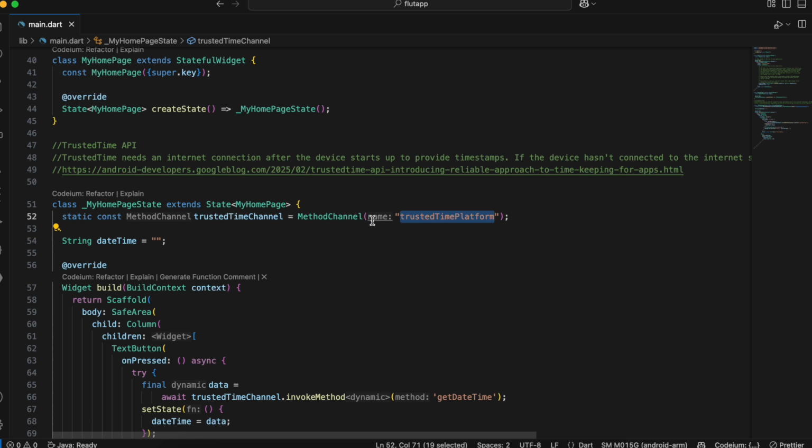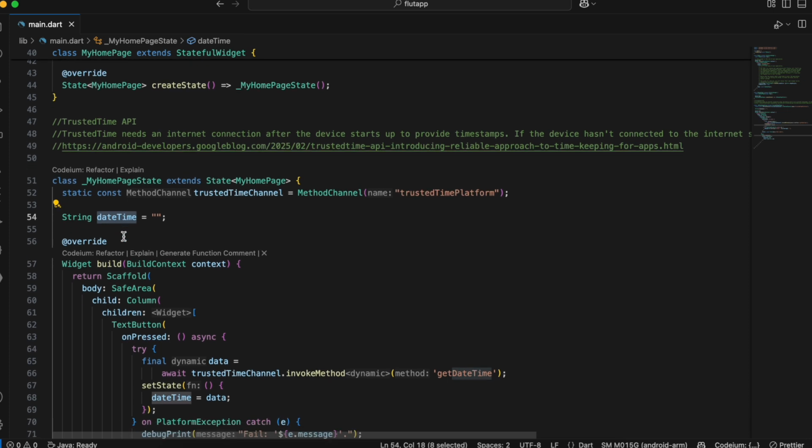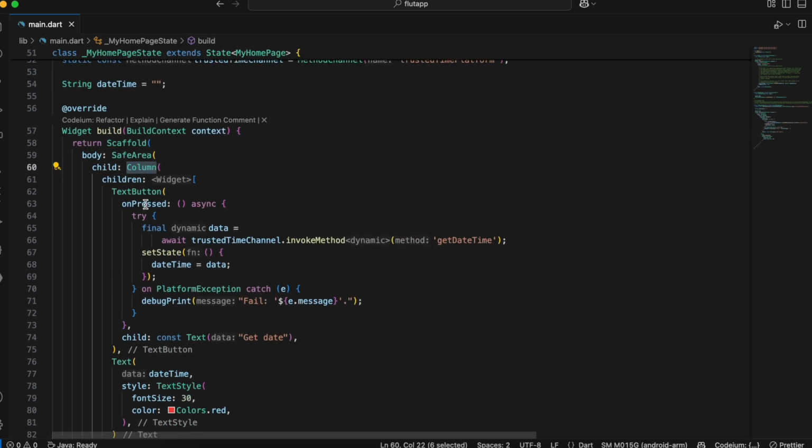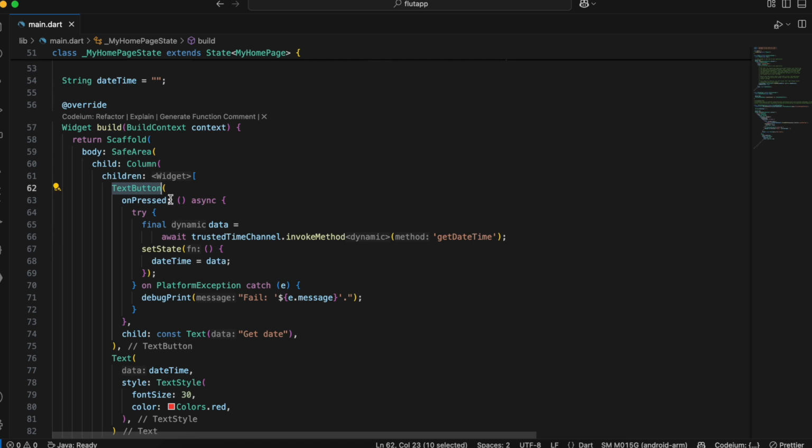And here I have just created a variable. Once we get the proper date time from the native side, we will just update this variable. Inside the build method, I have taken a safe area, a column, and a text button, and on click of the text button we are invoking a method with the help of a channel